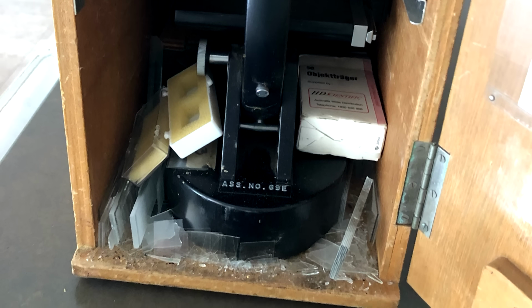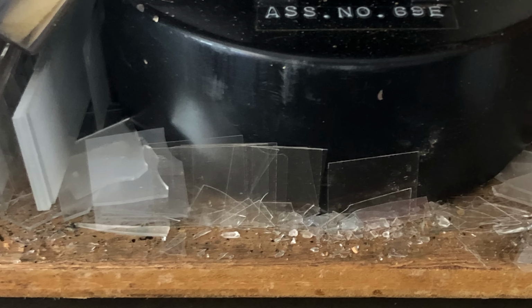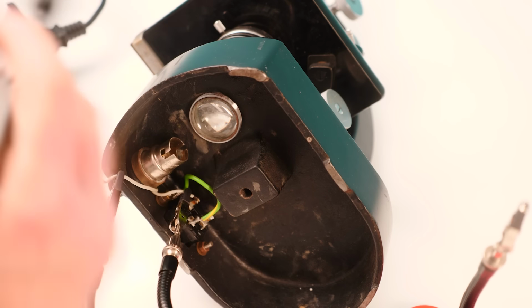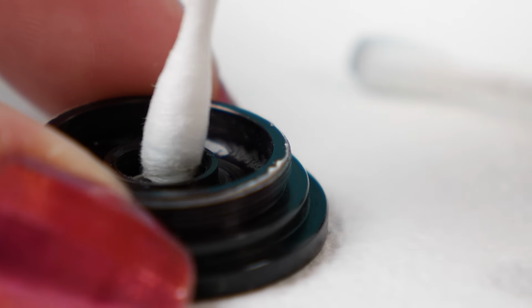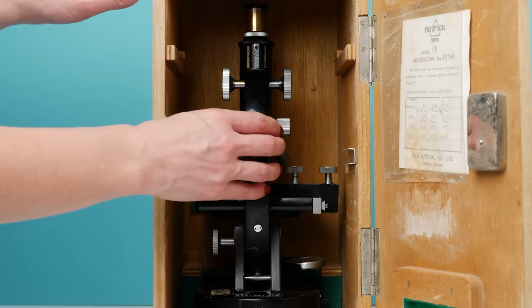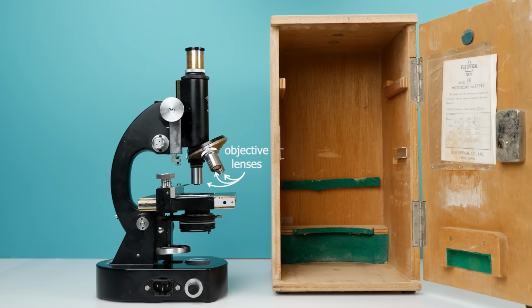But unfortunately, the seller didn't package it very well. There was no packaging in the box at all. So after removing all the broken glass and doing some repairs and buying a light globe and cleaning the lenses, we have a microscope. This sort of microscope with the objective lenses here is designed to focus light from underneath